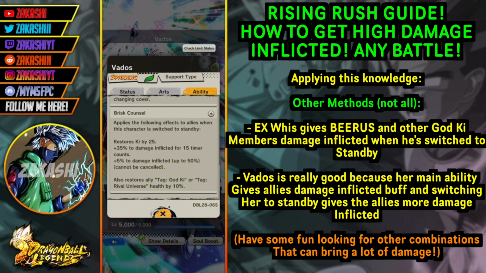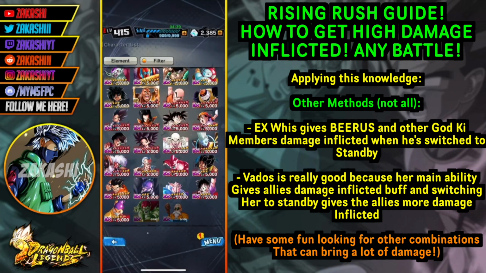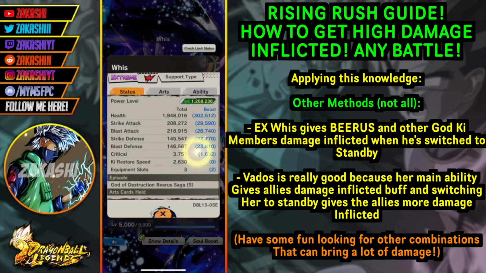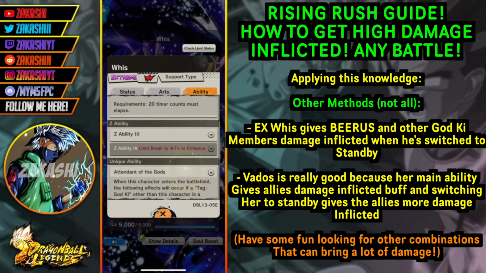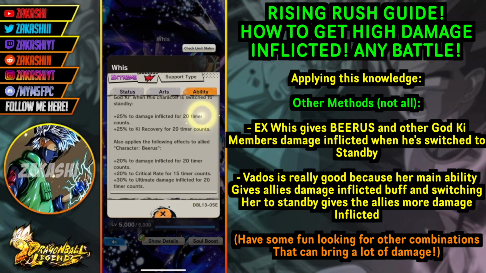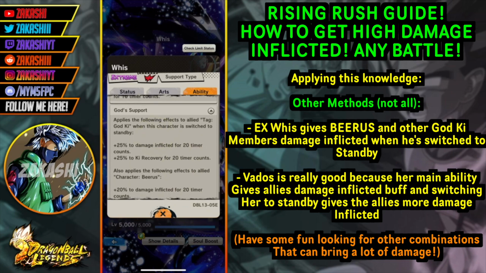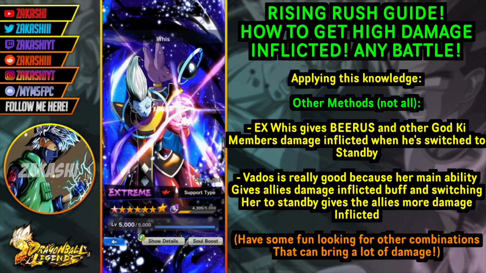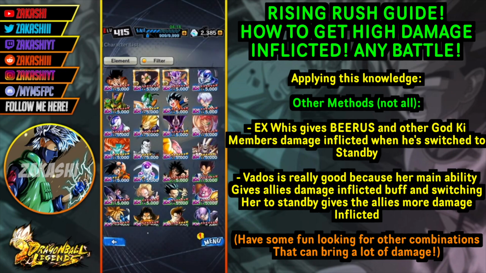So that's something good. And I believe EX Whis is another one that's really good like that. He only applies it to God Ki characters, I'm pretty sure, whereas Vados is just to allies. So Vados is obviously the better option, but if you're using Whis, his unique ability benefits Beerus a lot, but on top of that, it's just the following effects to tag God Ki. So if you have a God Ki character, you can switch out from Whis to get that plus 20%, 25% damage inflicted. All of these will help you get extra Rise and Rush damage,